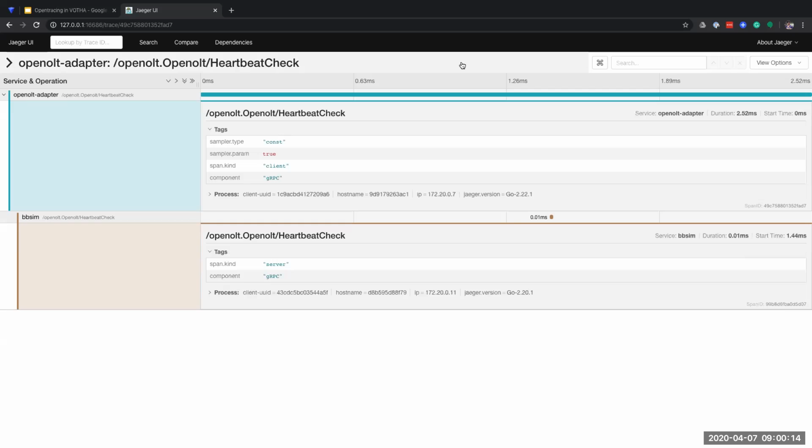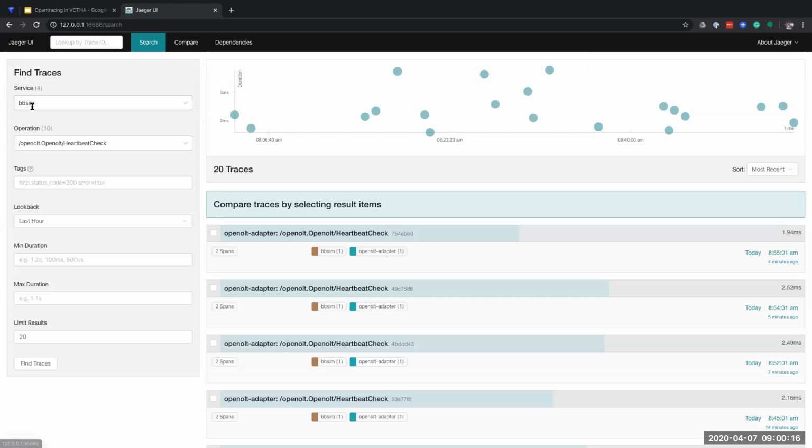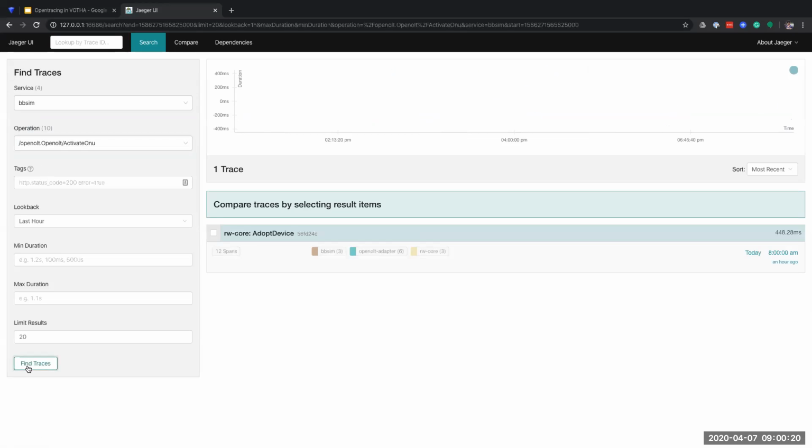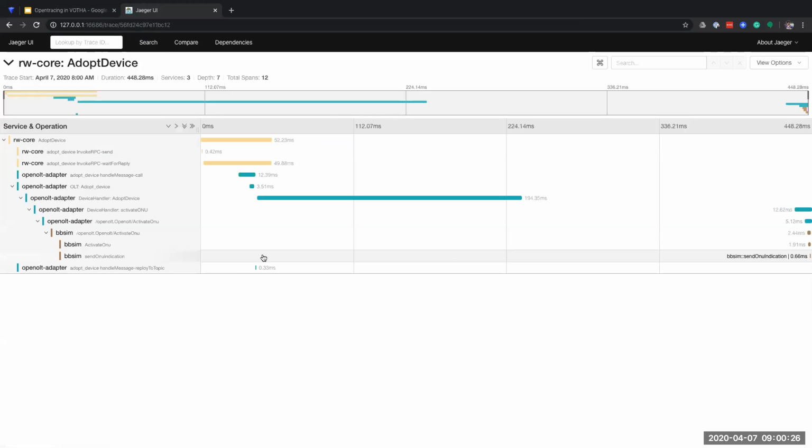And let us see the other, more complicated use case, the BBC. You can see here, the active ONU. In this operation, there are 3 services here and 12 spans. So we have 3 services: we have the rewrite core, we have an OLT, and we have a BBC, and in total we have 12 spans. And we know the rewrite core is a Kafka producer, and it will send some traffic to